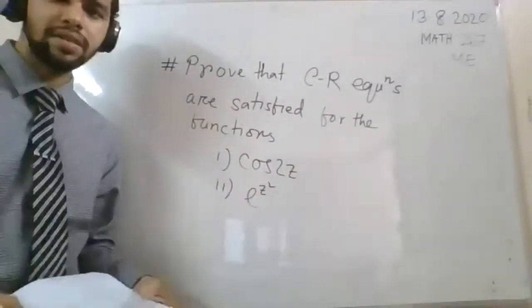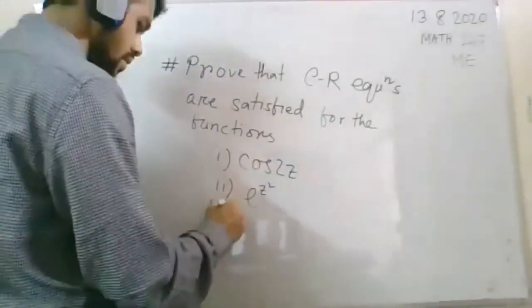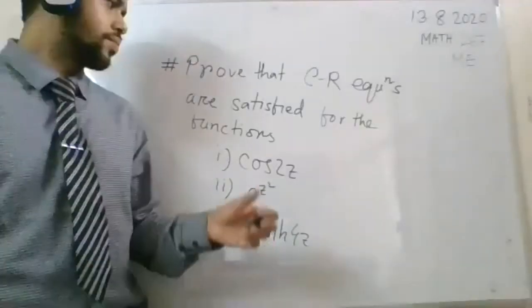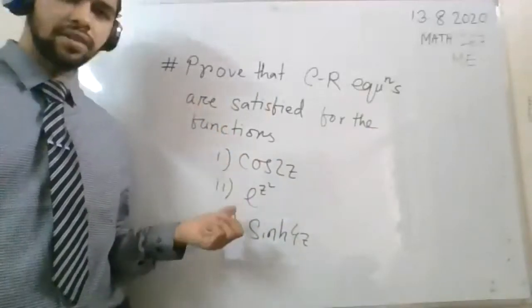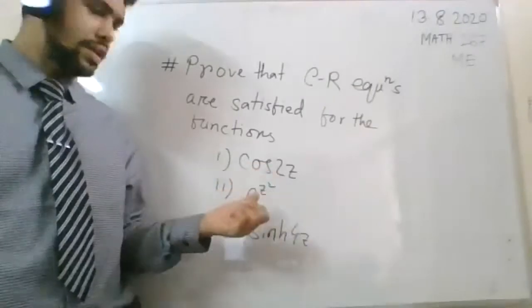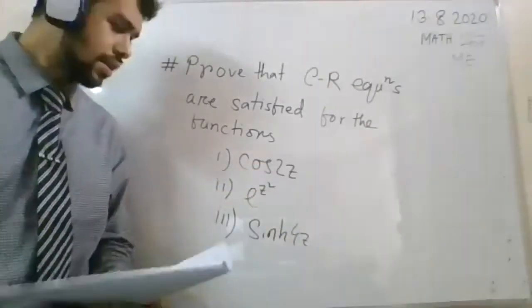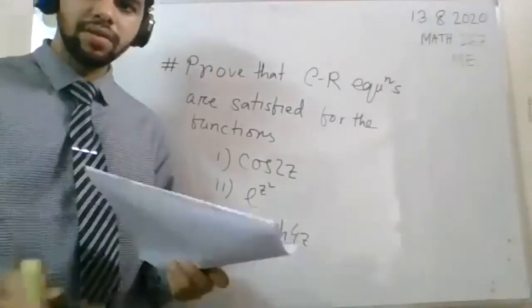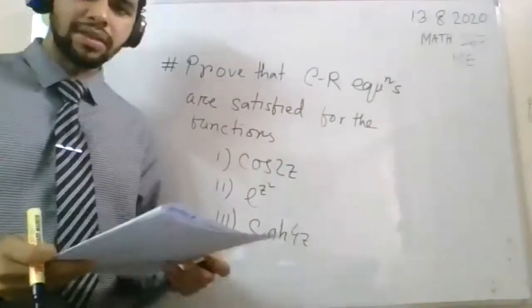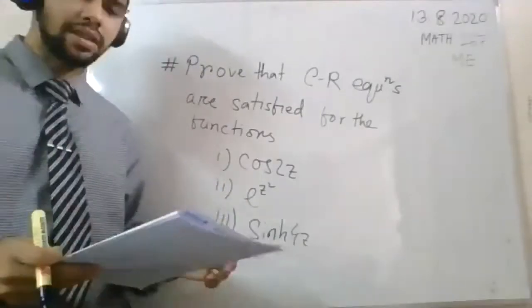প্রিভিয়াস ক্লাসে কি এগুলো করানো হয়েছিল তোমাদের? না স্যার। Okay. So we have to satisfy the Cauchy-Riemann equation for these following equations, which is cos 2z and e to the power z square and also sinh 4z. Okay. So এই ইকুয়েশন গুলো Cauchy-Riemann ইকুয়েশন স্যাটিসফাই করে কিনা এই টার্ম গুলো সেগুলো আমরা আজকে দেখব।